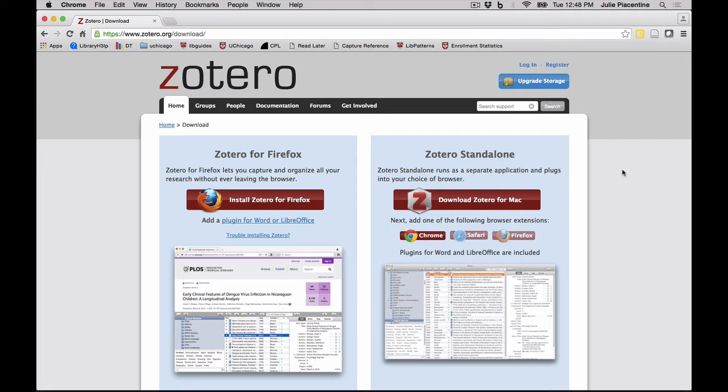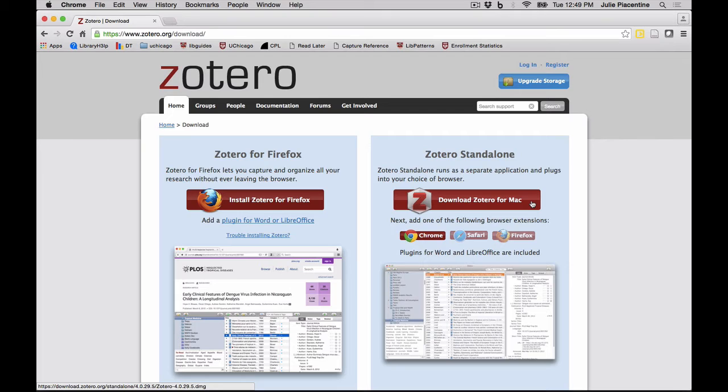So because the standalone is the newer model of the software, and because it's compatible with more browsers, I'm going to recommend that you install the Zotero standalone. To do that, again, click the large red download button and step through the installation steps. These will vary depending on whether you're on a Mac or on Windows.